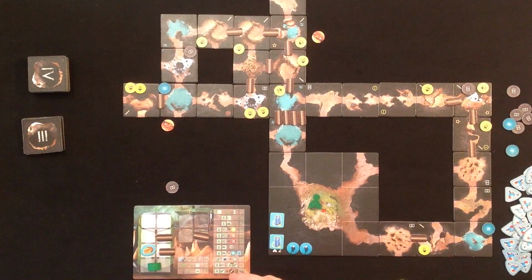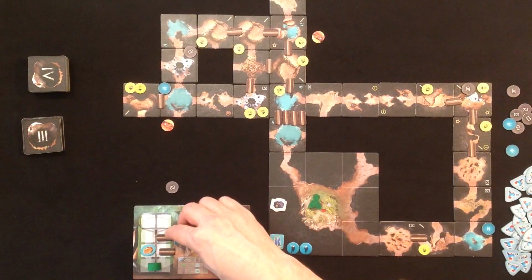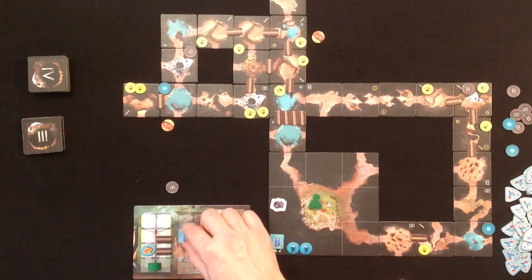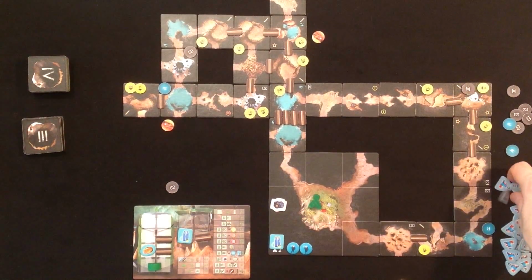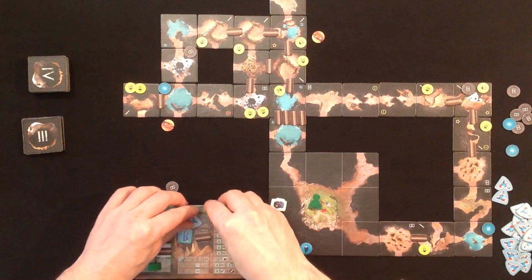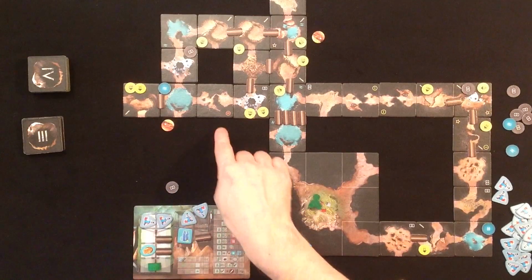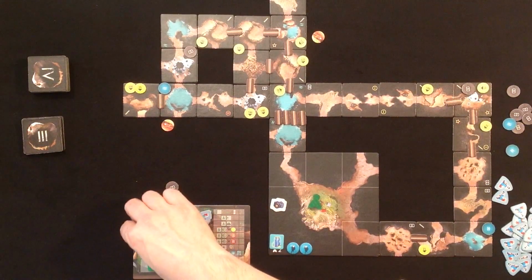And do I take the camera? No, I'll bring the camera next time. I can bring the oxygen bottle for this underwater tile and supplies. This squeeze tile is a bit annoying, but well,